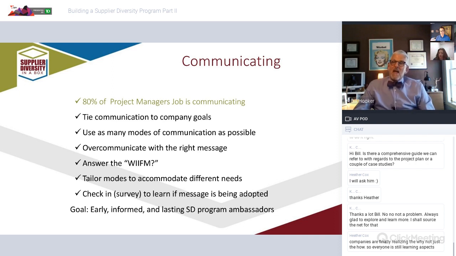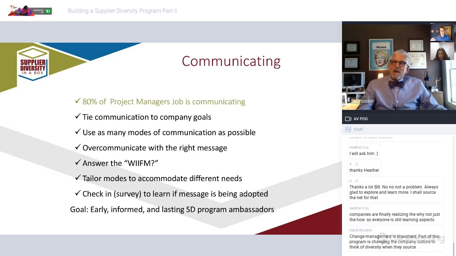The change management plan that we'll talk about should always tie the goals of your company to your communication. The goals of the company for mirroring your supply base to your customer base, for example, and also types of things that are important for the company and how your supplier diversity program is going to do that. There are many companies out there that appeal to greater numbers of one community than another. It's those people that we want to make sure we have clearly understood and address their needs by communicating to them.